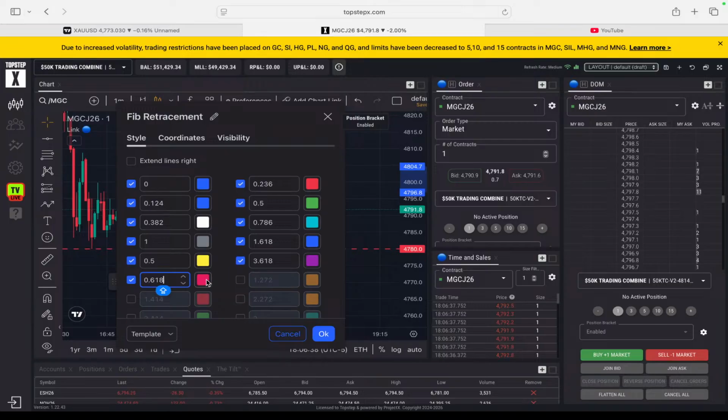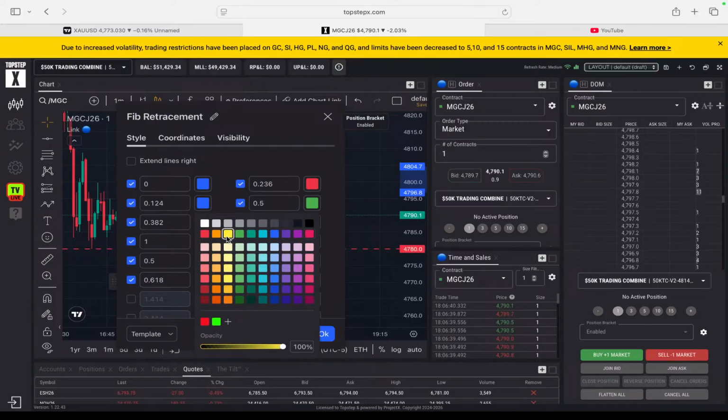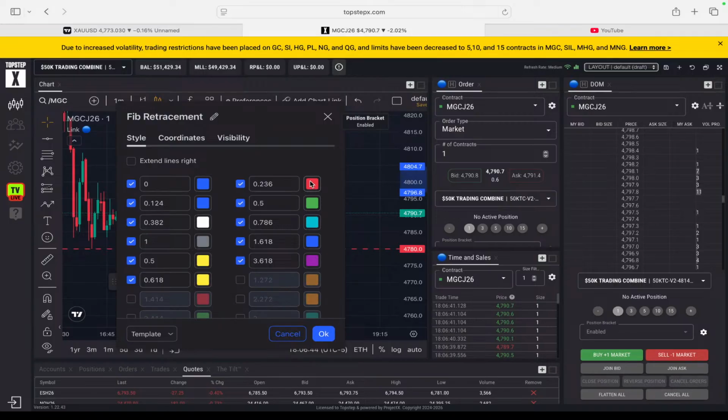Give me one second. Sorry about this, y'all. I should have had this prepared already. That's my bad. After today, I might not even use TradingView no more. I think I need to take the time and really just